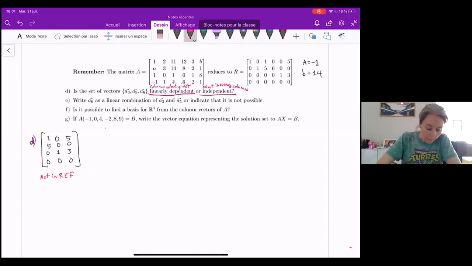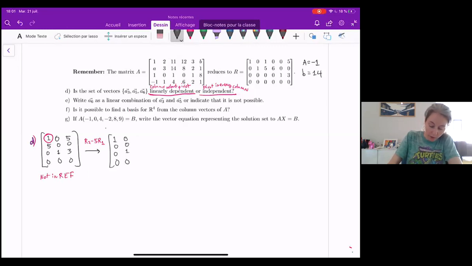We'll start by picking our pivot in the first column and making a 0. So I will do row 2 minus 5 row 1 to get 1 0 0 0 0 0 1 0 5 negative 5 3 0. And then we'll just flip those two columns,